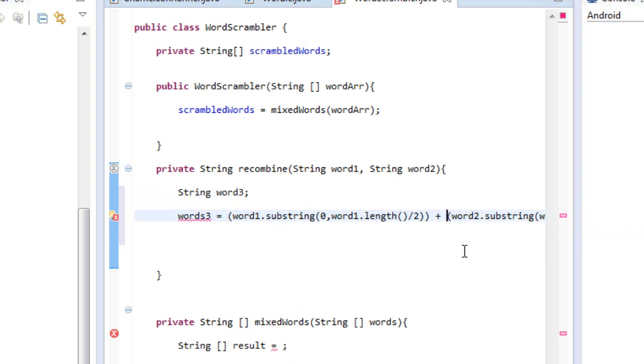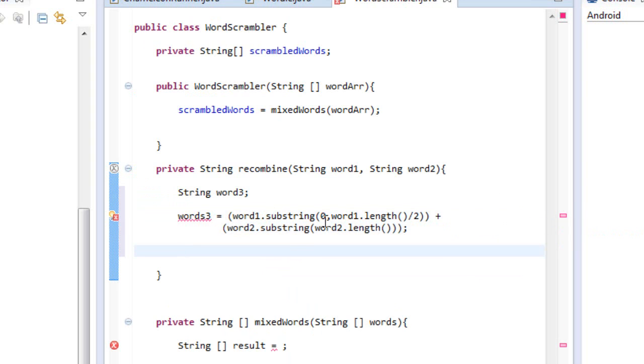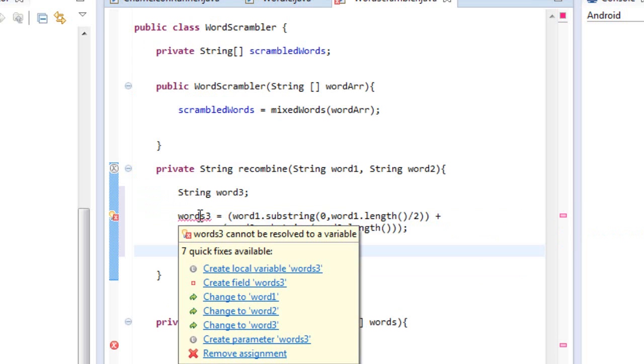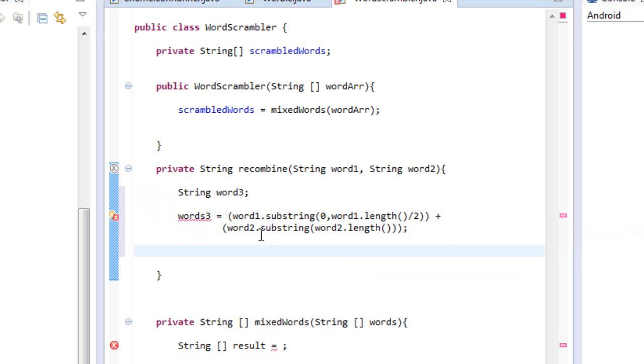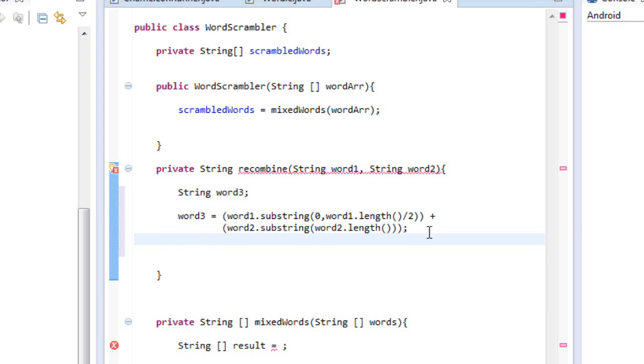Okay, let's see, I'm going to put it down here so you can see it. Now I have that word 3. Word 3 would be the string, and this would be the string completely concatenated. Now after